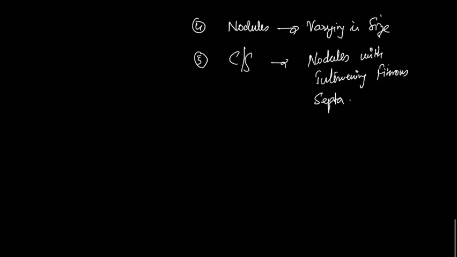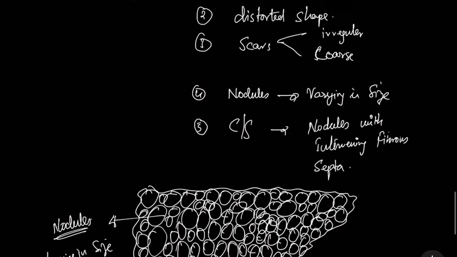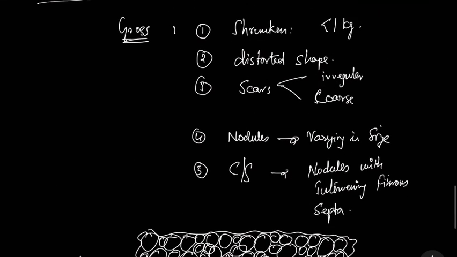All right, so this is a cross diagrammatic representation of your liver cirrhosis. All right, we see the nodules, the regenerative nodules, and they are varying in size. All right, you could also just draw one diagram and list out all these features, that the liver